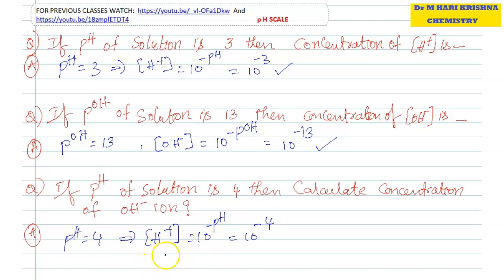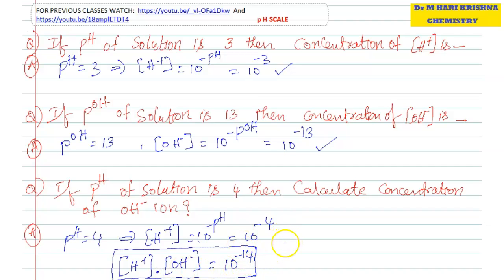If we know H plus concentration, how to find out concentration of OH minus? Students, so normally there is a formula. Concentration of H plus into concentration of OH minus equal to, students, 10 power minus 14. This is formula, students, actually, because concentration of H plus value is 10 power minus 7. Concentration of OH minus is 10 power minus 7. If we multiply both values, we can get 10 power minus 14 for water.